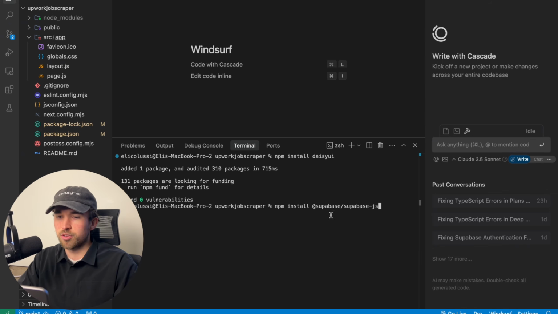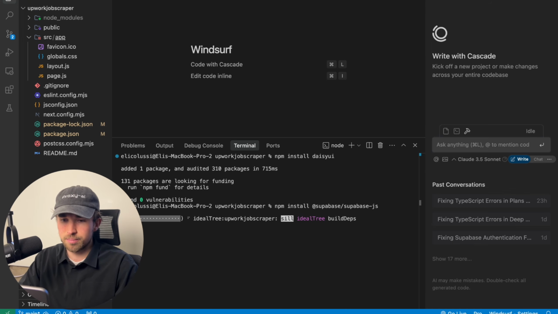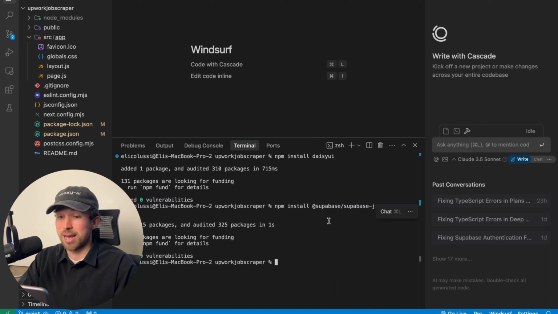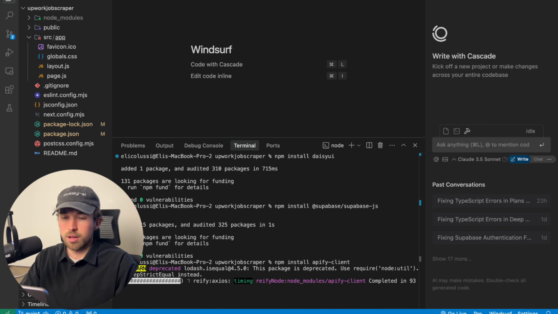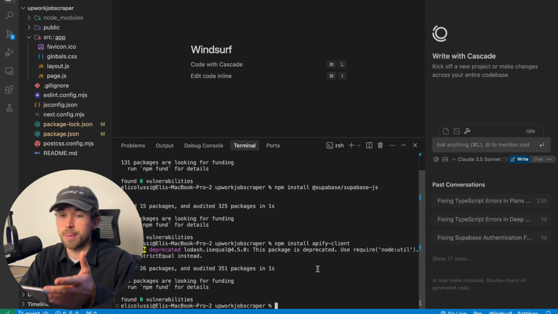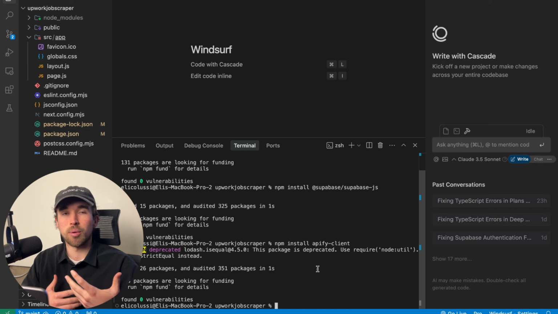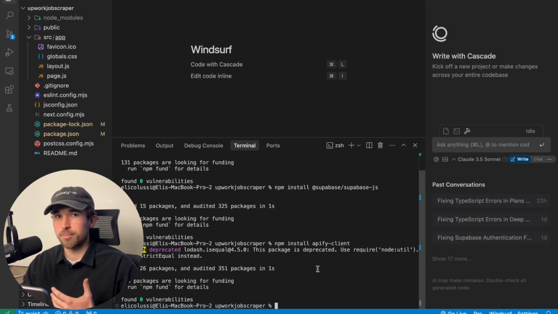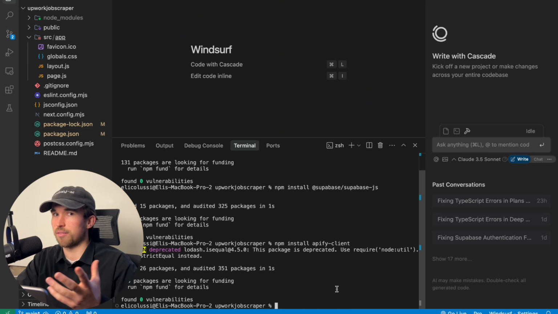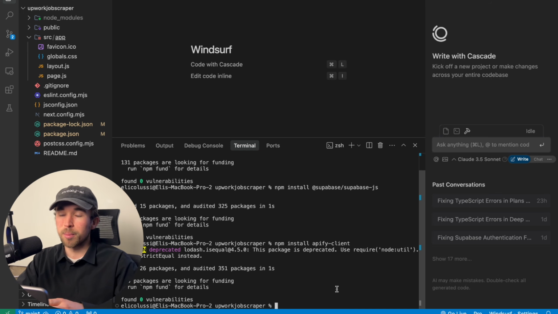Next, we're going to npm install @supabase/supabase-js. We're going to use Supabase as our backend database to store user info. Next, we're going to npm install apify-client right here. So basically we can leverage Apify via the command line and not have to go into their web app to use their services. Because after all, we are trying to perform a little bit of API arbitrage here and actually leverage their technology through the API, which we can do programmatically through code.